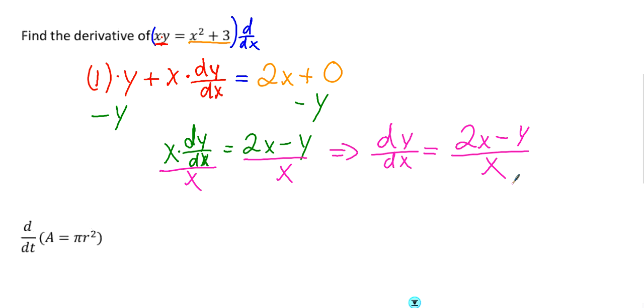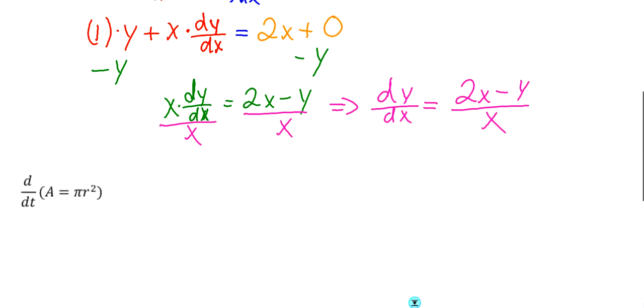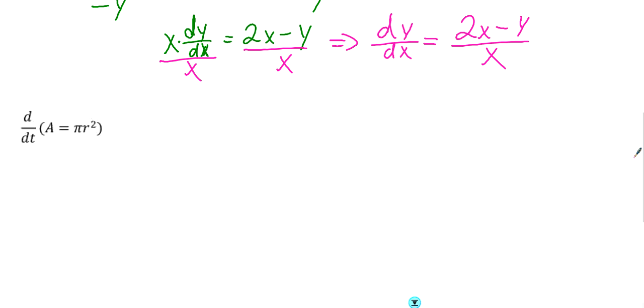And that's my derivative. Now, you could break that apart and simplify it a little more, but I'm just trying to get you to understand that when we're finding derivatives implicitly, at the end, you should get dy over dx on one side, and everything else on the other side. Okay? Now, lastly, to kind of piggyback and move us to what we're going to be doing next with it,